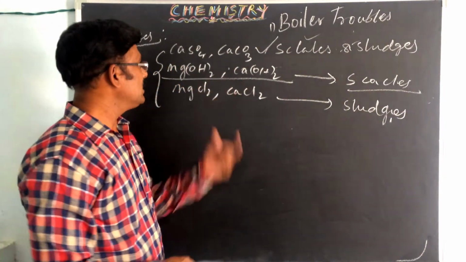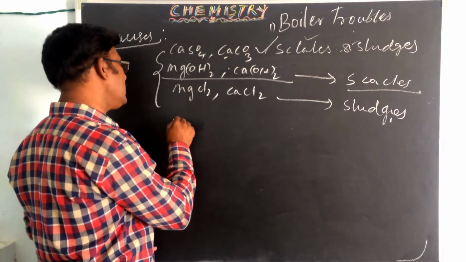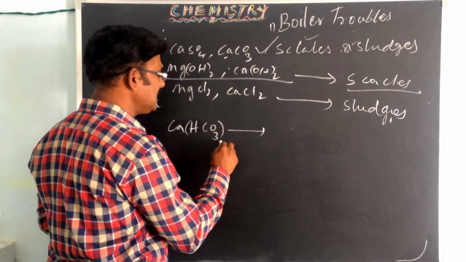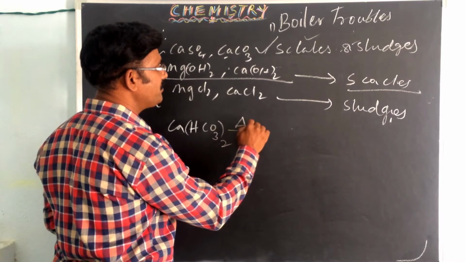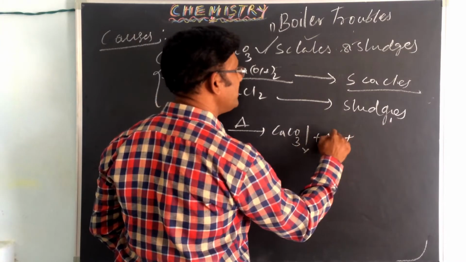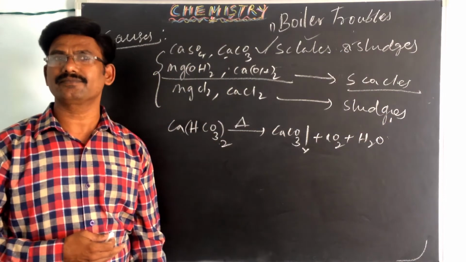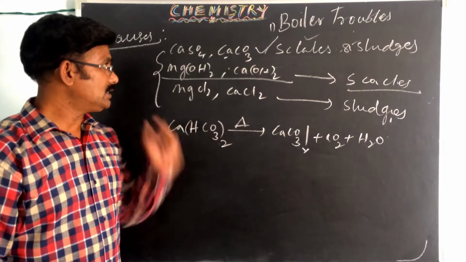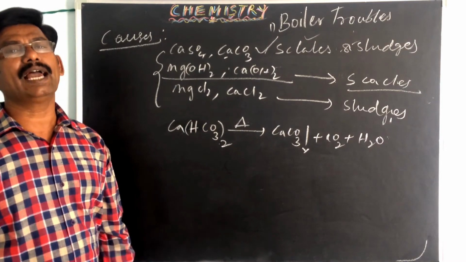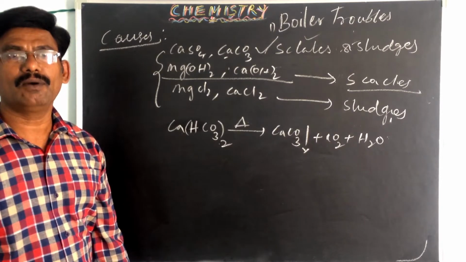Calcium carbonate is mainly formed by the decomposition of calcium bicarbonate. We already saw this in the hardness of water. The bicarbonate decomposes into calcium carbonate, and carbon dioxide and water are released. Okay? And next,